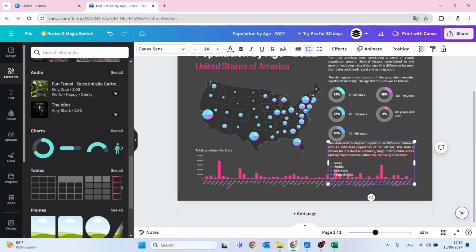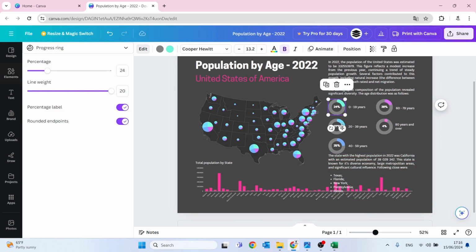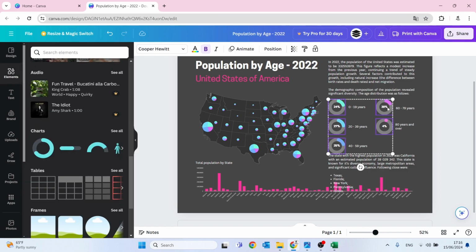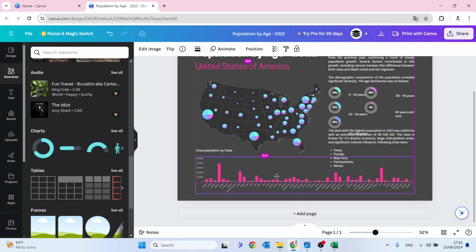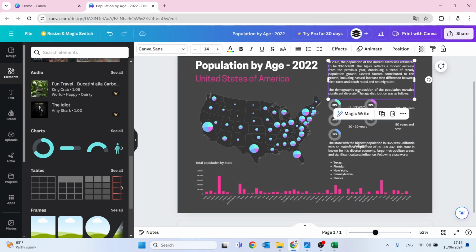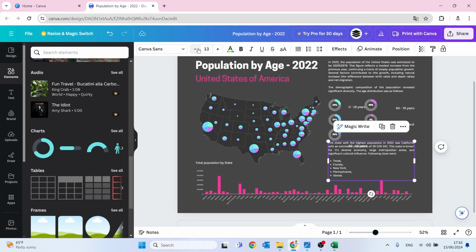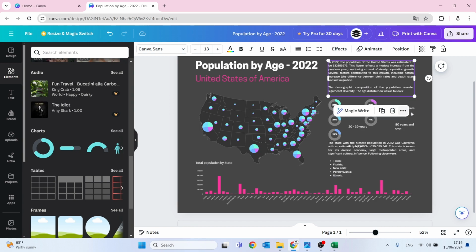And the sixth one is Illinois. Okay. Maybe we need to reduce the size of these a little bit more. Let's reduce this so we can move this a little bit more to the bottom. Okay, or actually let's do something different. Maybe 13 here as well, and reduce the size of this text